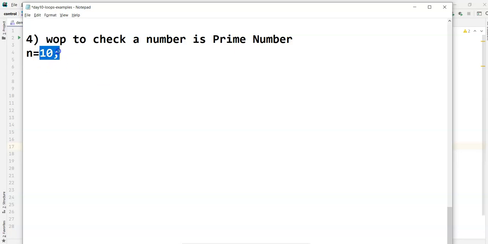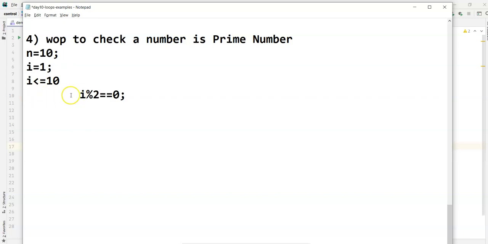So most commonly, I want to check until half of the number. How do you check half of the number? In general, if I am writing i less than or equal to 10, and i starts at 1, you are checking whether i modulus 2 equals 0.